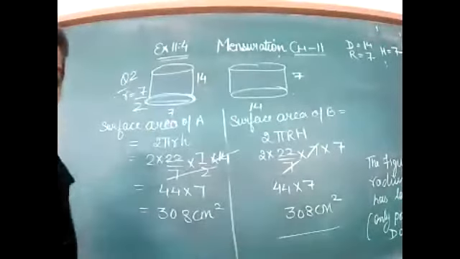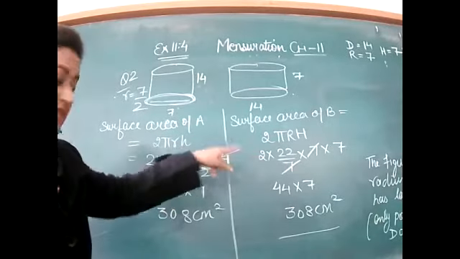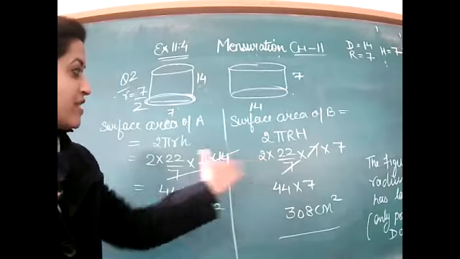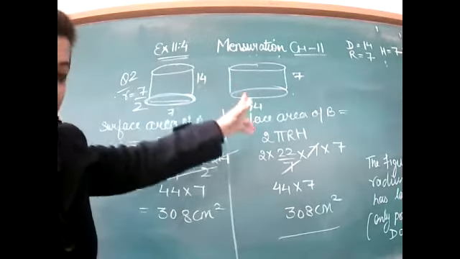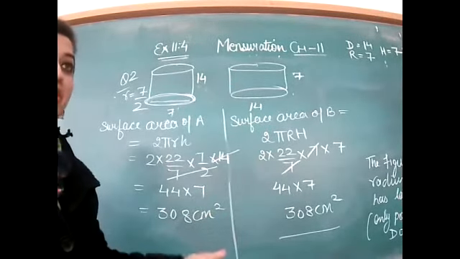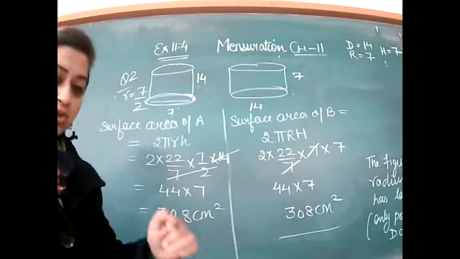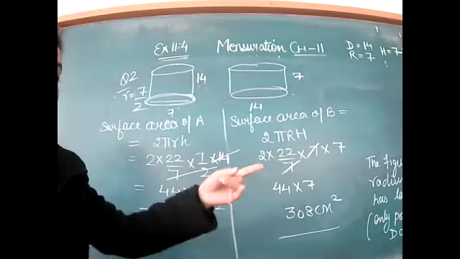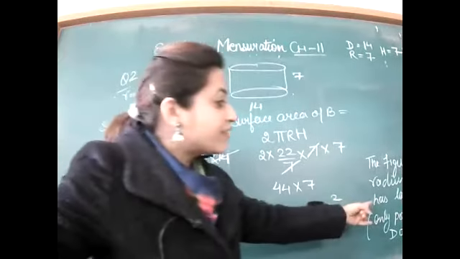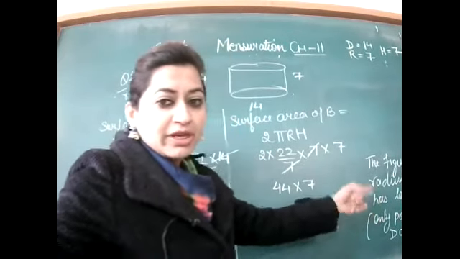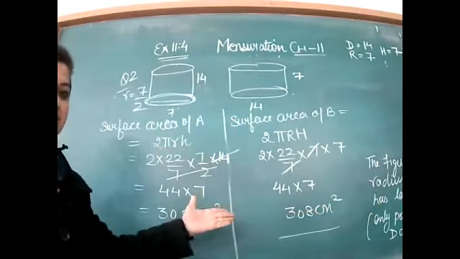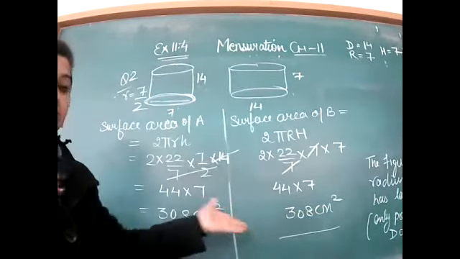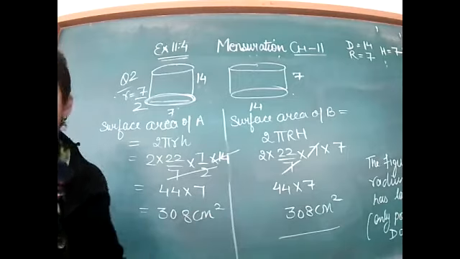Have you noticed one thing? Actually, in this surface area, we don't have square of either R or H. So that's why we are having the same answer, because the things are reversed. But in case of the volume, we are having pi R square H. So whose radius you square, that will be larger. So the figure whose radius is bigger must have greater volume. But in case of the surface area, things are reversed, radius and height is same. So that's why we are having same surface area.